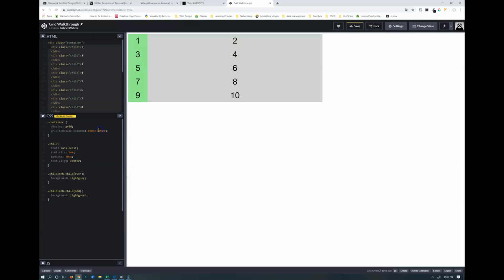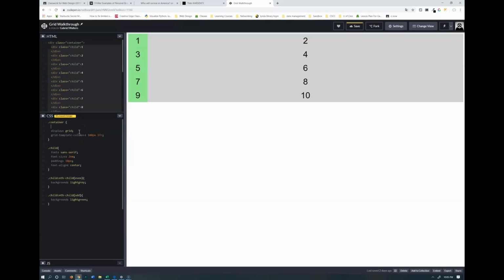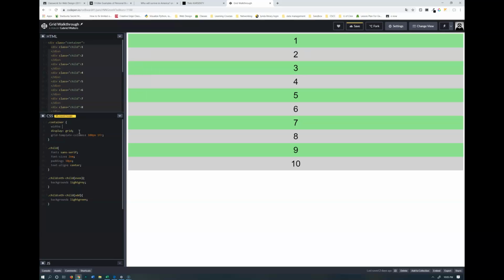But what I can do is say, you know what, whatever's left over, I want it applied to this column. And so I use something called a fractional unit. Now, fractional units do require a couple things. I have to set the width and height of my container so that it can do the calculations accurately. So I say width, and I like to use viewport width, viewport height, because that is what I'm using to determine my sizing based off of the screen size. So I'm going to say that I want my width to be 100 viewport width,